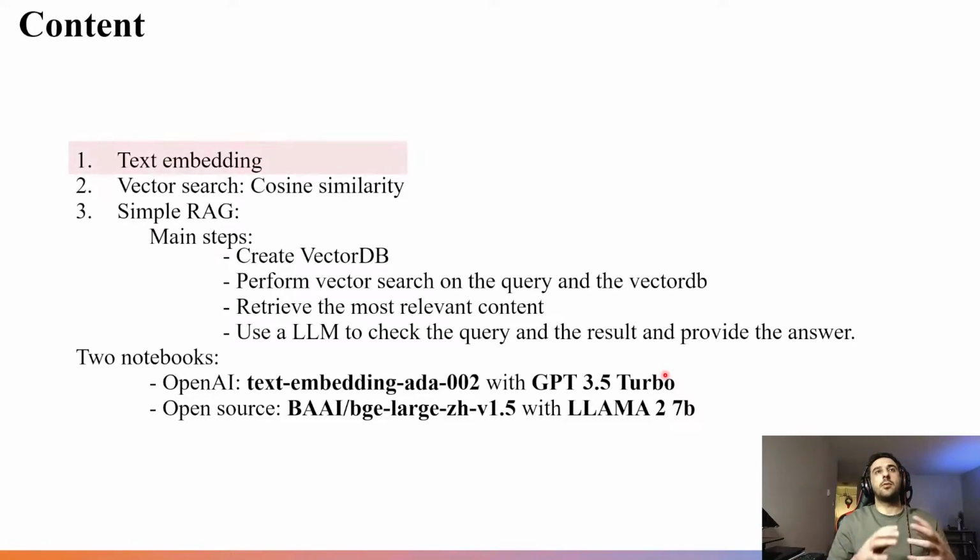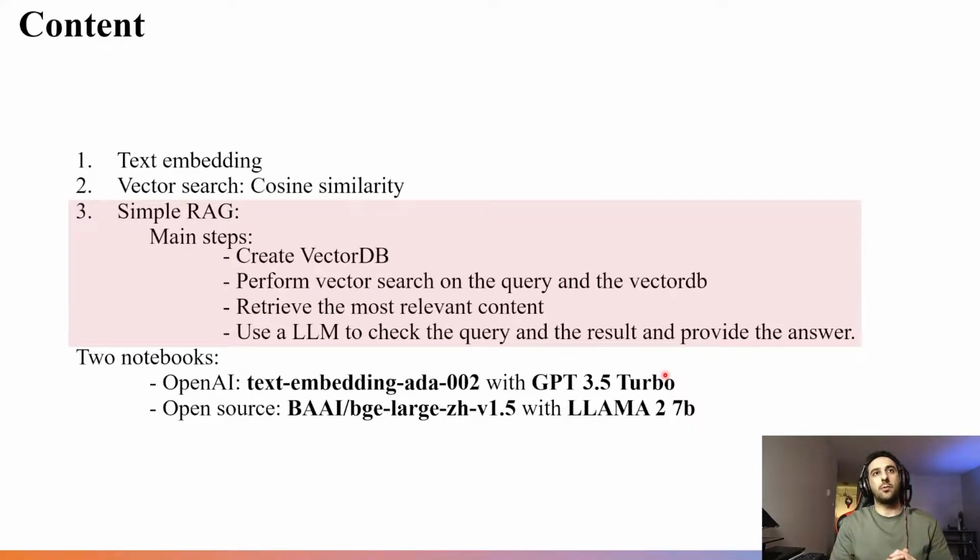First, I'm going to show you how text embedding can capture the semantic relationships in a piece of text. And then we are also going to see how we can perform a vector search using the cosine similarity technique. And eventually, I'm going to go through different steps of a simple RAG system, and we are going to implement